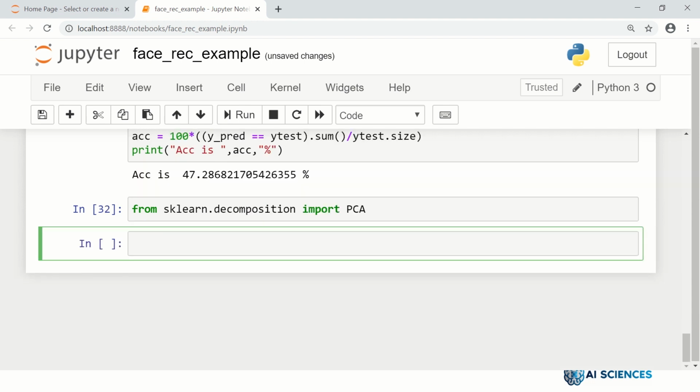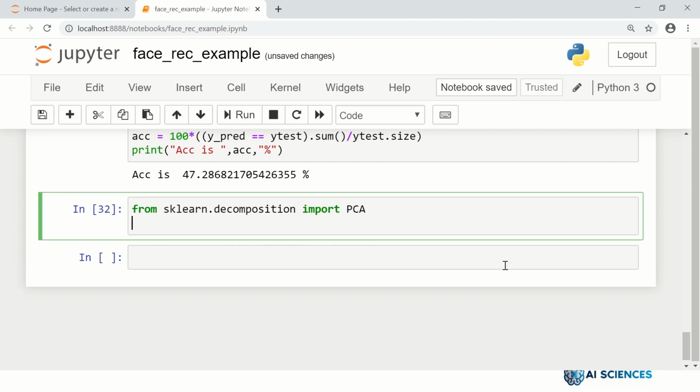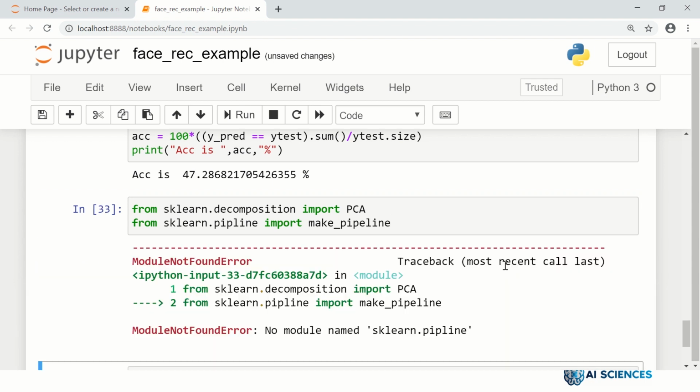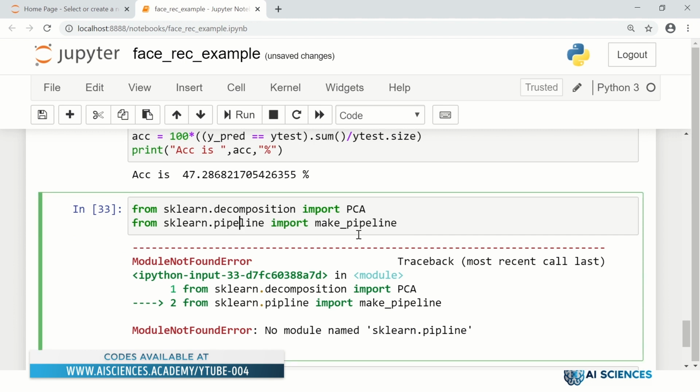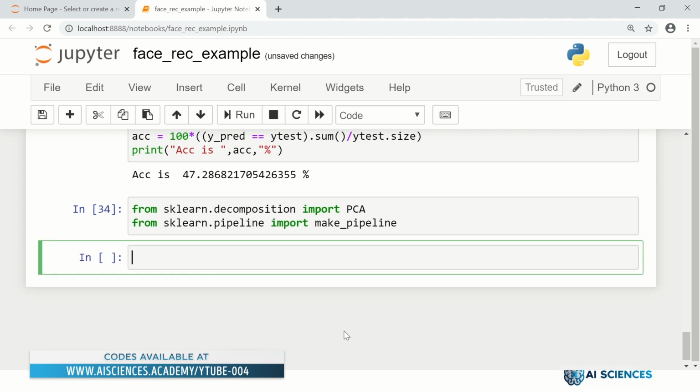So then we can have pipelines, for example. We can build the whole pipeline. For example, from Scikit-learn dot pipeline, import make pipeline. Oh, something is missing. No module Scikit-learn pipeline. I missed some spelling, I guess. Yeah, here. Okay. So now what we can do is our, for example,